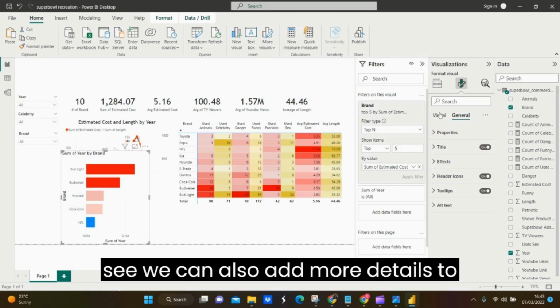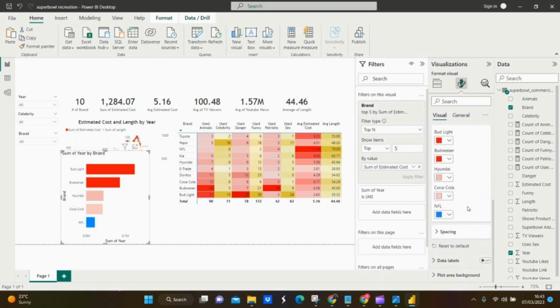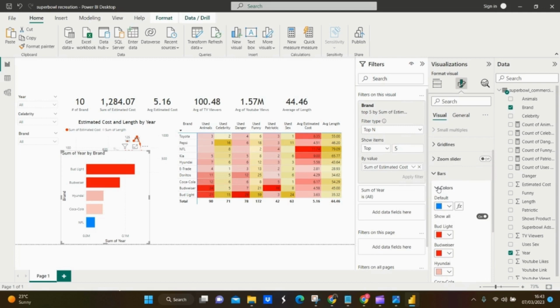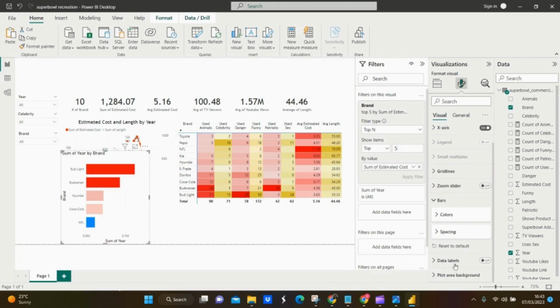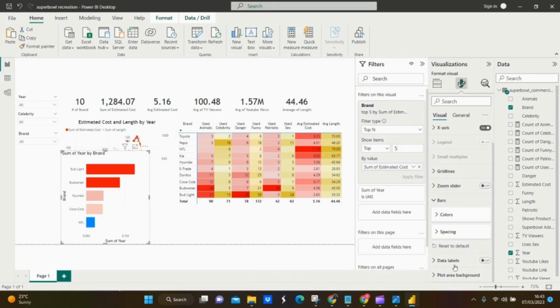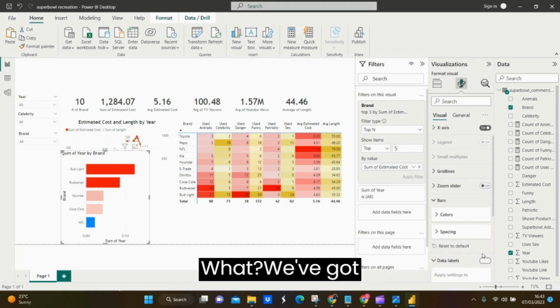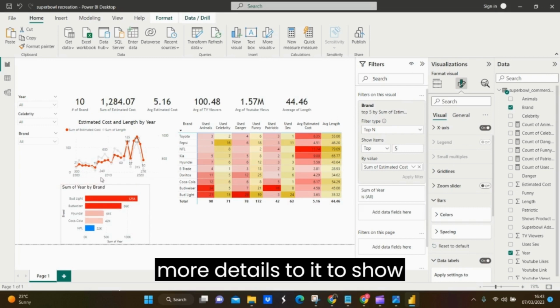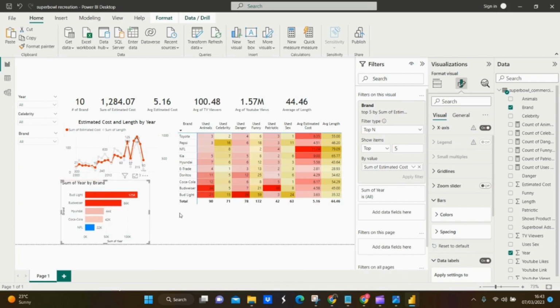We can also add more details to the visual to show